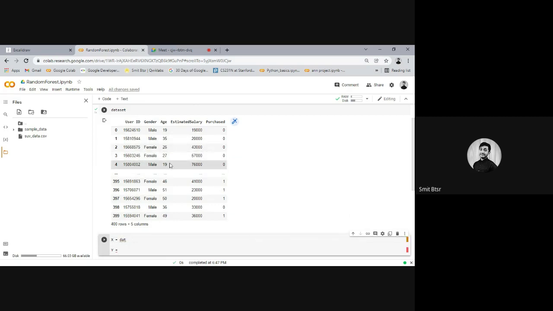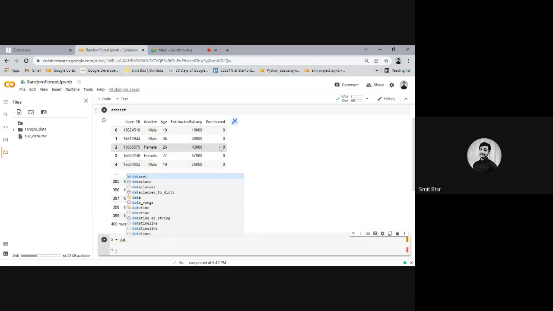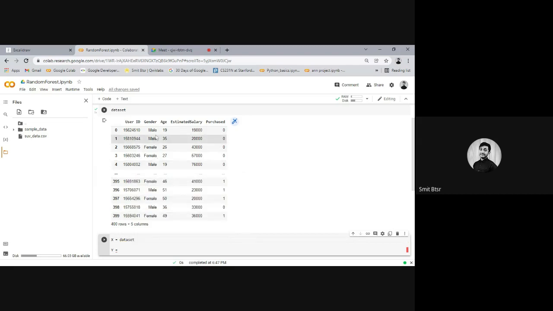First question: should we consider all the columns, or which ones? This is the purchase. This is the target. We want to identify if they purchase or not. So what should be our target column? This one, right? Purchase. But now what should be our input column? That is the question.